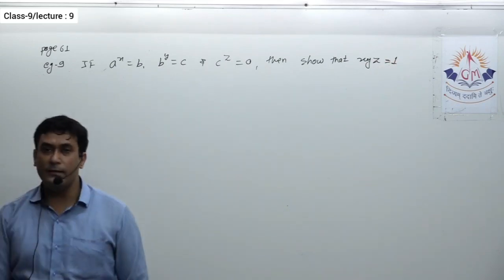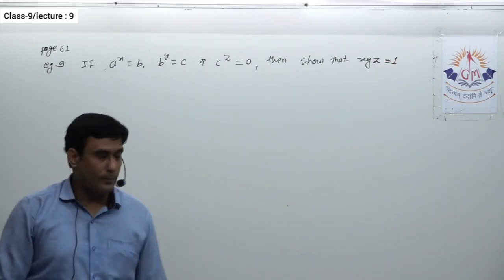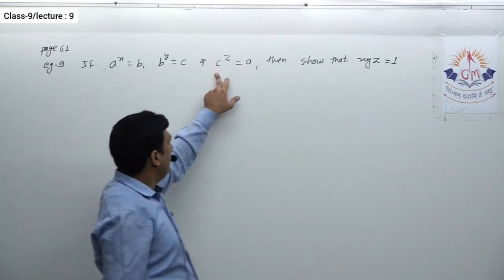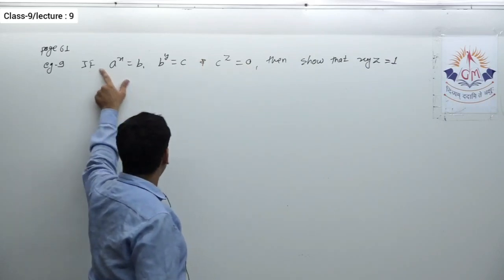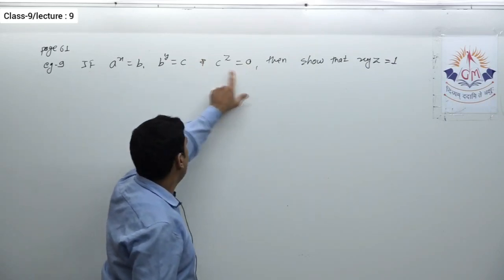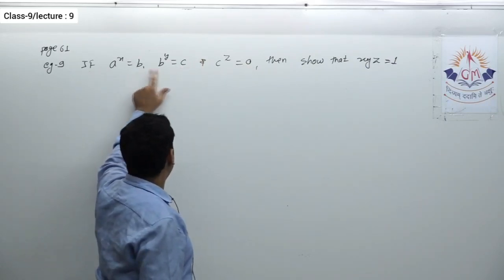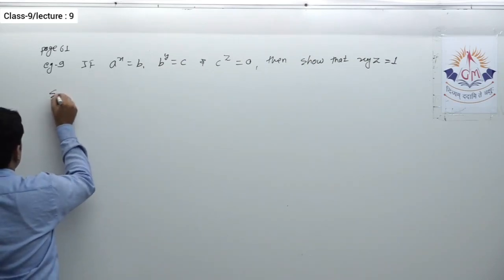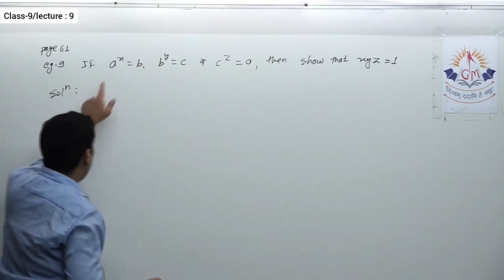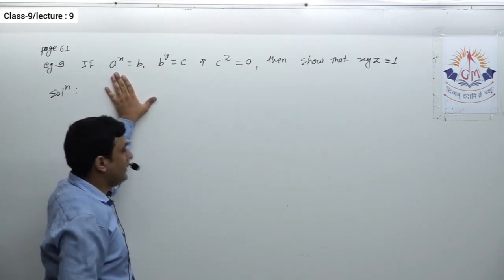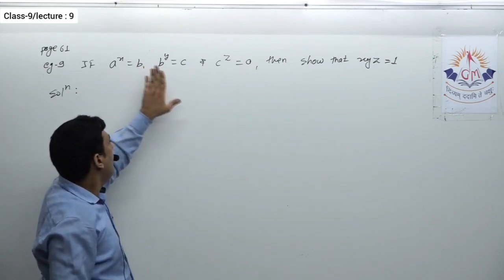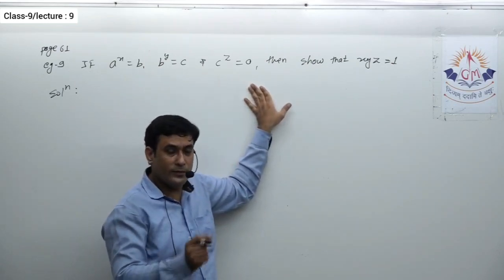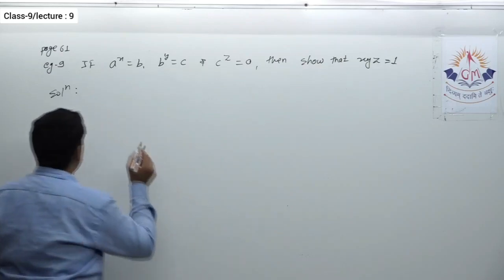Okay, so three relations are given: a raised to x equal to b, then b raised to y is equal to c, then c raised to z is equal to a. Now you can see here this is a, here this is a. We have c 2 times, we have b 2 times as a base. So let us see how to solve this type of question. See, you can start with any one. You can start with either a raised to x equal to b, or b raised to y equal to c, or c raised to z equal to a. You can start with any one of the given information.